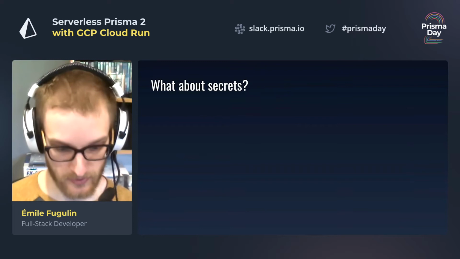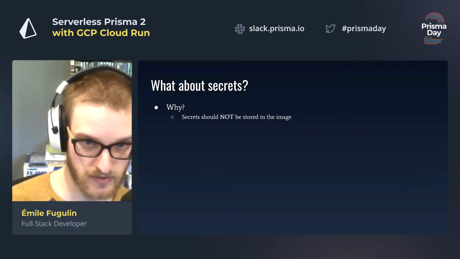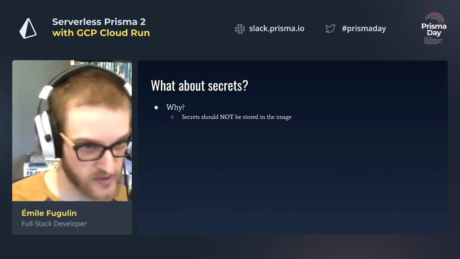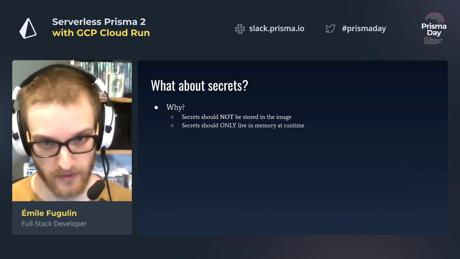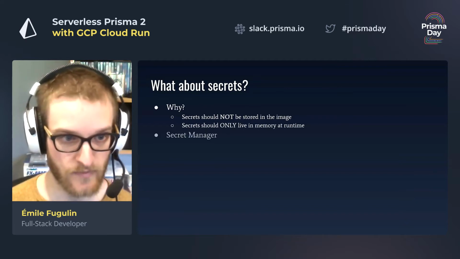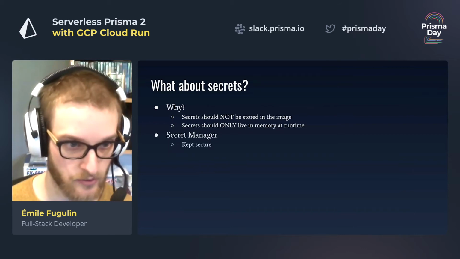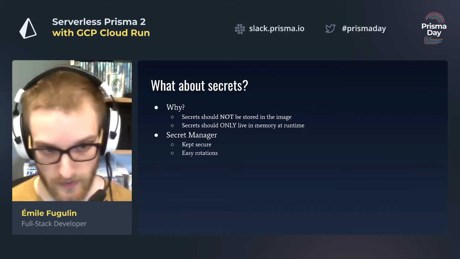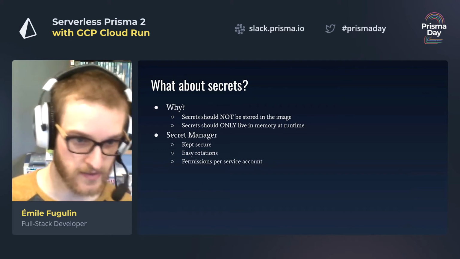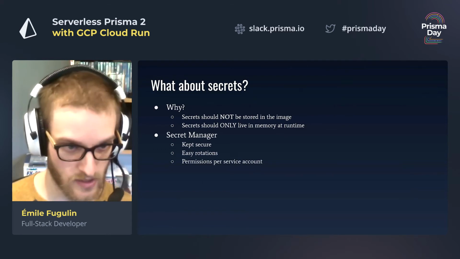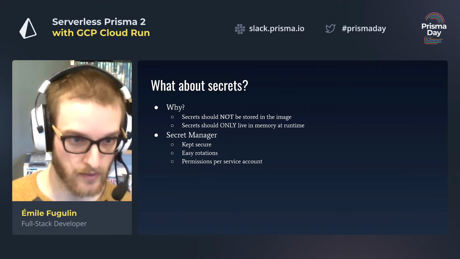Next up, I want to talk a bit about secrets. So why do we need secrets management? You should not put secrets inside the image, just like you don't put secrets inside your code. It's not secure. We just want to have the secrets live in memory at runtime. One great thing is that there's a service called Secret Manager inside GCP where you can keep your secrets secure, have an easy time rotating them, and see who has access, since it's access based on service accounts. And if you need to keep track of who rotated those secrets and when, for compliance purposes,